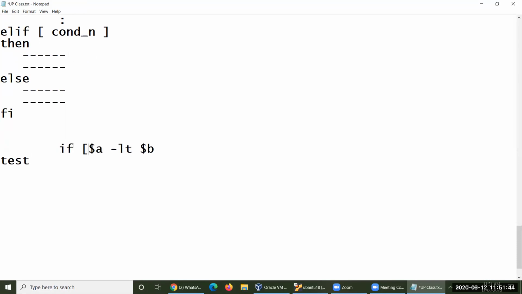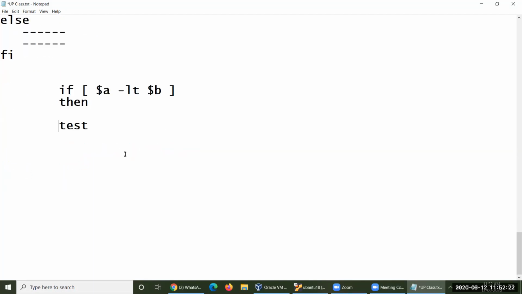So if, parenthesis open, and then parenthesis close, then you may write something like this, then you could write some kind of statements for whether this condition will be true or false. So two different types of parameters or operands will be taken by this particular operator, and based on that it checks whether it is true or false. But test is another special kind of operator which is used to